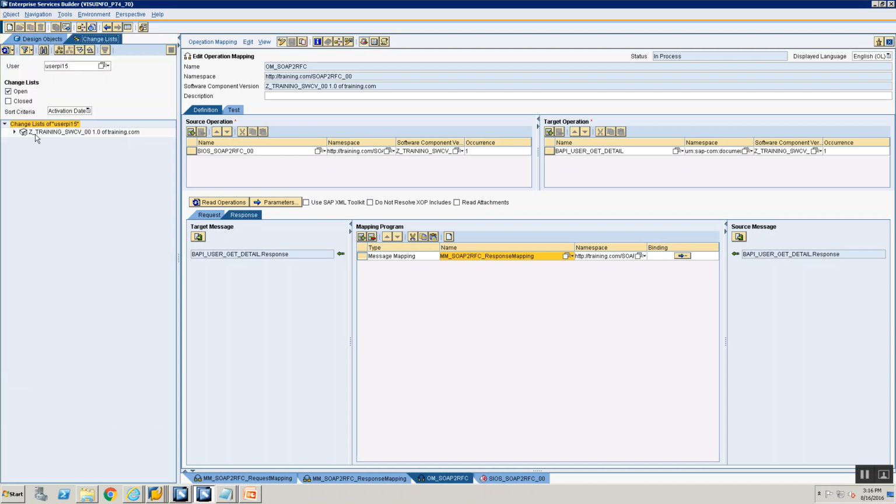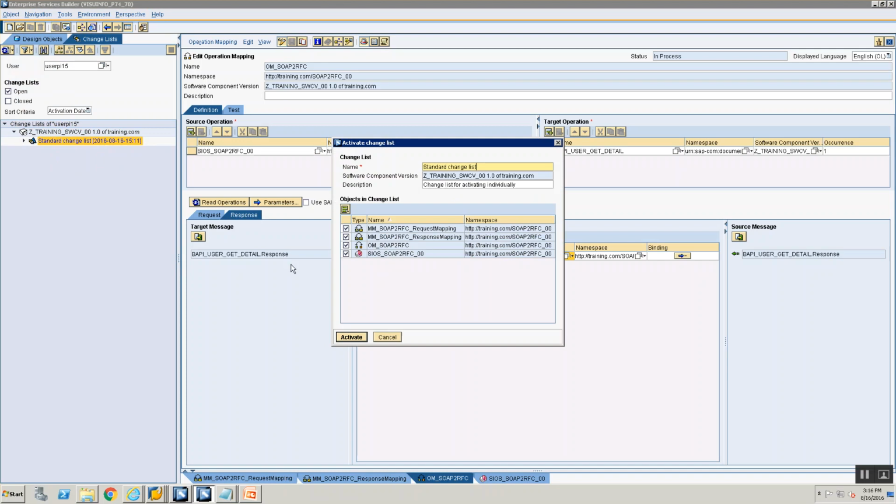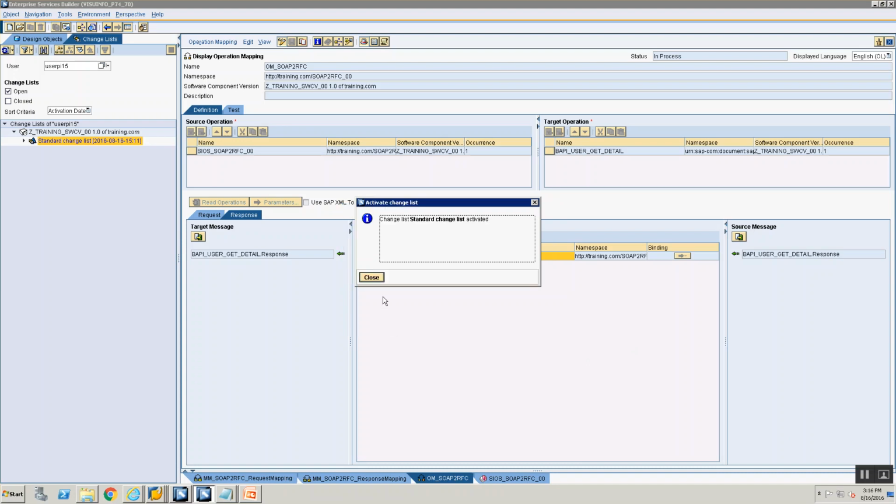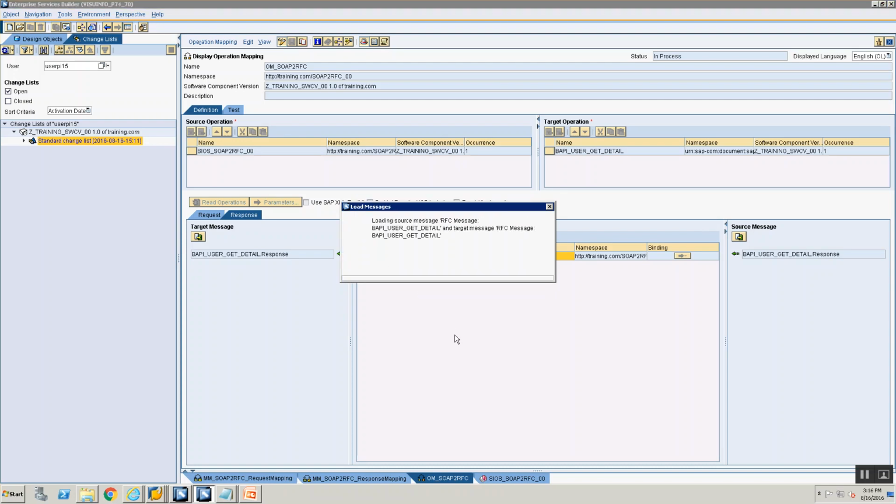Okay, with this changes done, let's go ahead and activate our changes. So right click on your change list, activate your changes. Excellent, the changes are activated, and now we will proceed to the configuration in the integration directory.